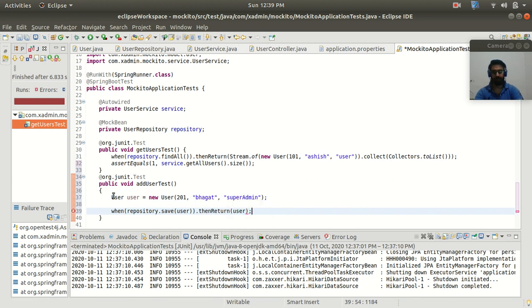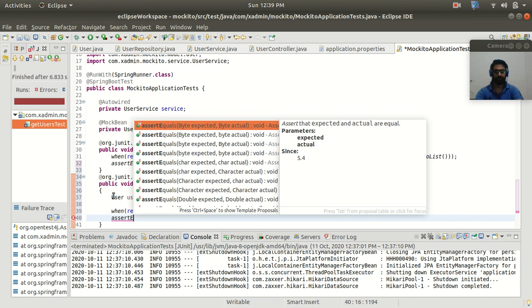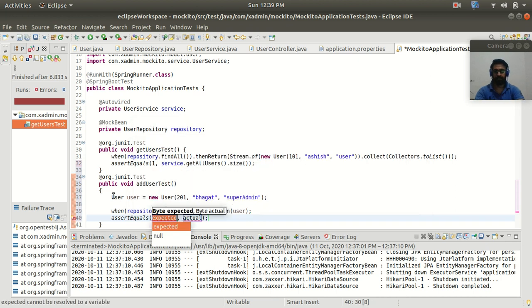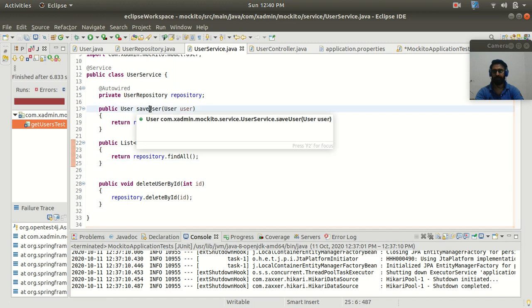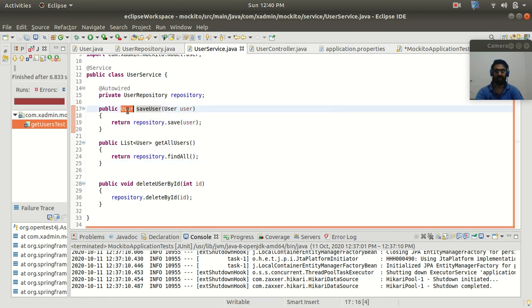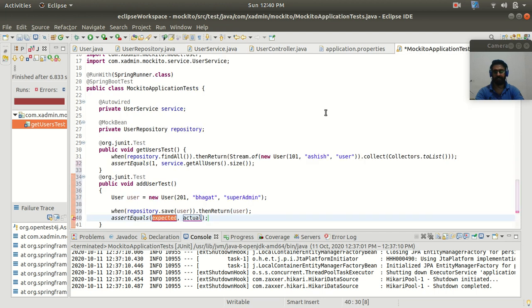And now it's time to compare. So for comparing, I will use the same assertEquals method, and here the expected. And guys, in the service class you can see that in the save user method we are getting the user as the response return type. So here we are expecting user, right?